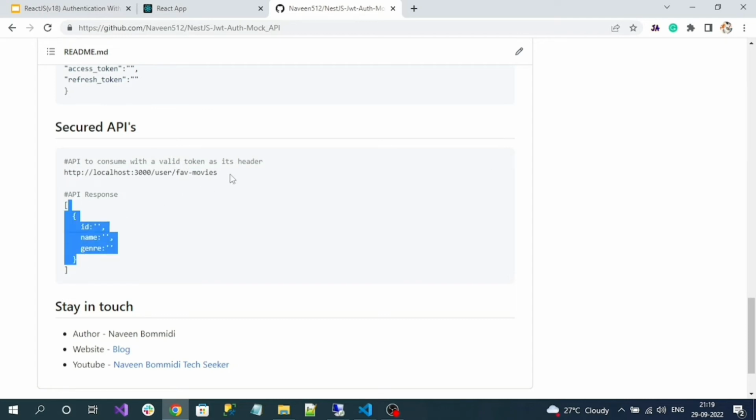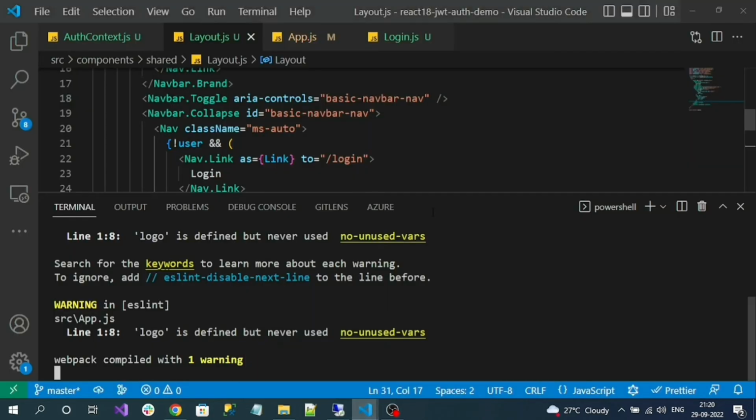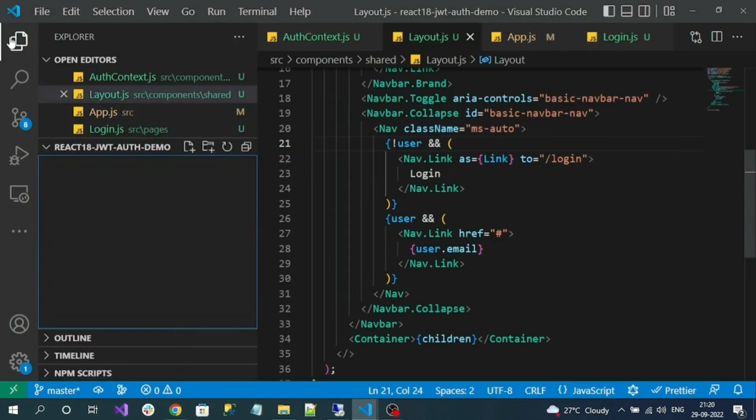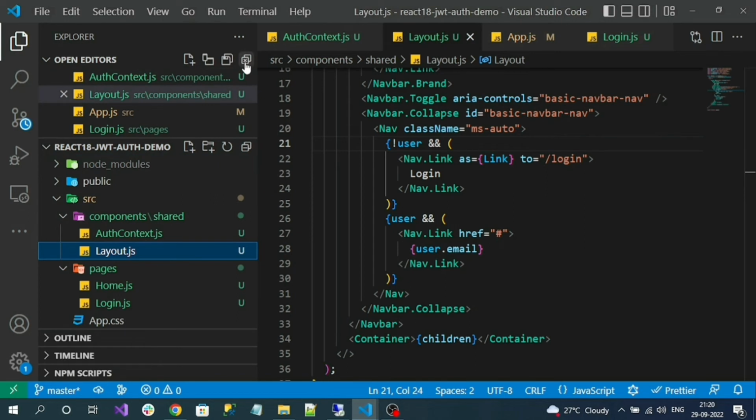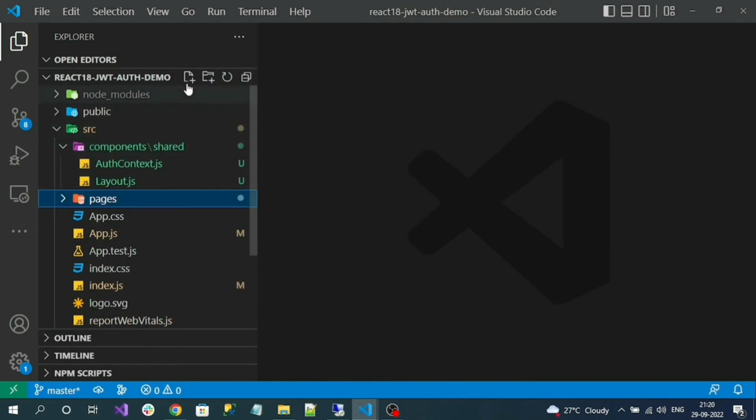Okay, so to consume a secured endpoint, I have to use my access token as an authorization header. Without the authorization header value with token, we cannot consume the secured endpoint. So let's implement how we can consume the secured endpoint. To display the content in this secured endpoint, let me create a new component. So my new page component is like